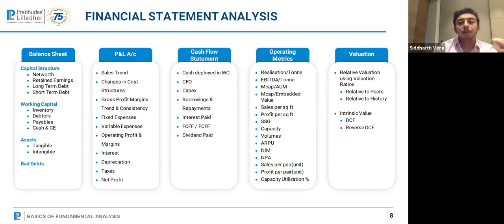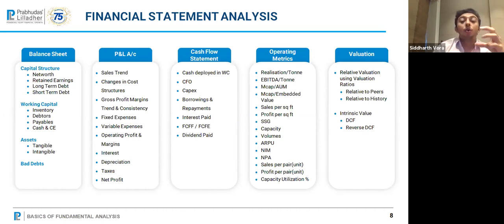In retail companies which are running stores, you want to see if same store growth is consistent and increasing. In a telecom company, you want to see whether its net subscribers are getting added or subtracted. So Jio and Bharti were adding for a while. Vodafone has been reducing for a while. That gives you an idea whether customers are increasing. The second factor for telecom companies is your ARPU, which is your average realization per user per month.